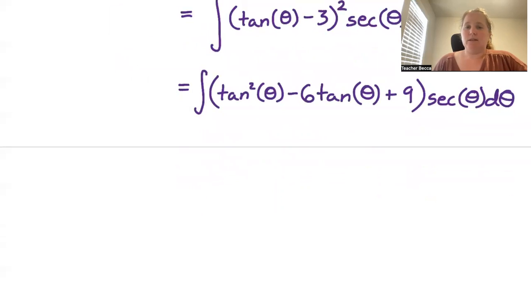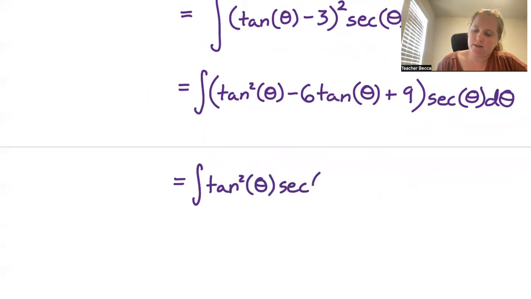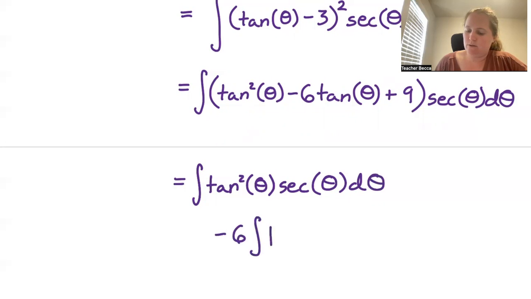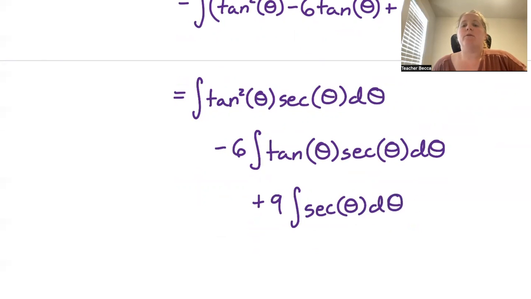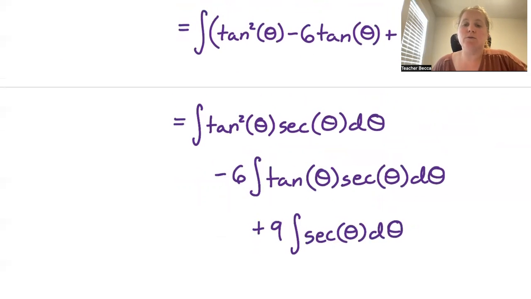We can go ahead and split this into 3 integrals. This is equal to the integral of tan squared theta times secant of theta d theta minus 6 times the integral of tangent of theta secant theta d theta plus 9 times the integral of secant theta d theta. We know the integral of secant, tan theta secant theta is just the derivative of secant, so we know that integral. So the only thing that we really have to figure out is that tan squared secant theta